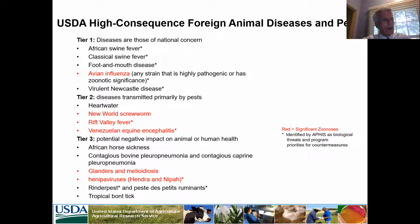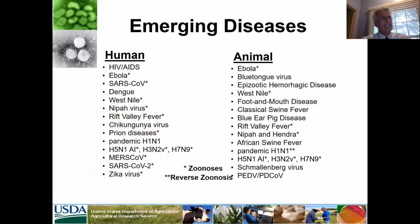But again, no matter how hard we try to prepare, we're always surprised, right? Because we have these emerging diseases. And I think most of you will agree that none of us were ever able to predict the emergence of the pathogens that are on this list. On the left side, I've listed several pathogens that you'll recognize. And then on the right side, animal pathogens. I've placed a star next to all the agents that are zoonotic agents,